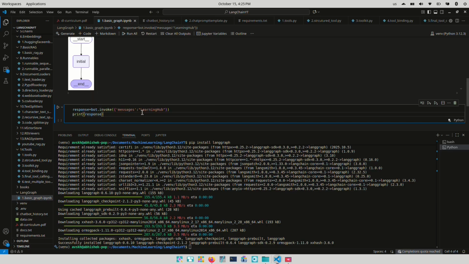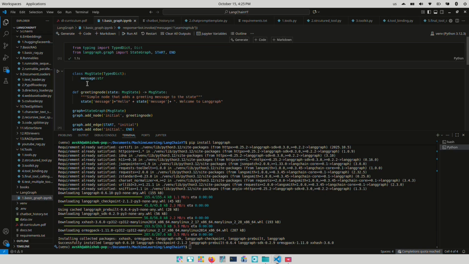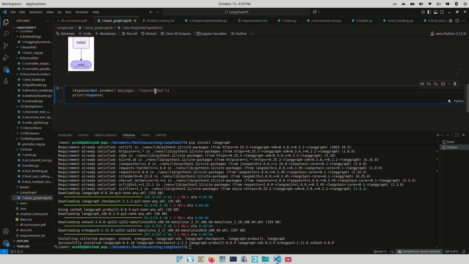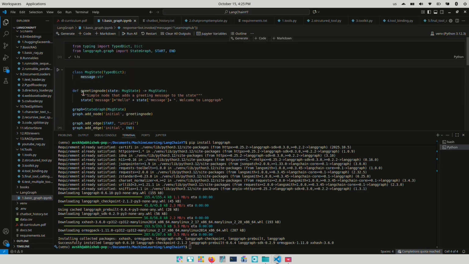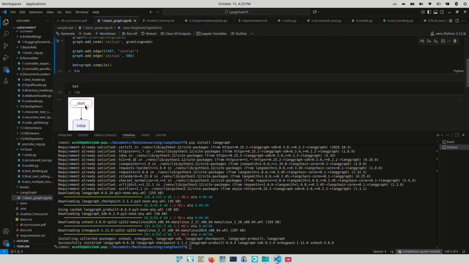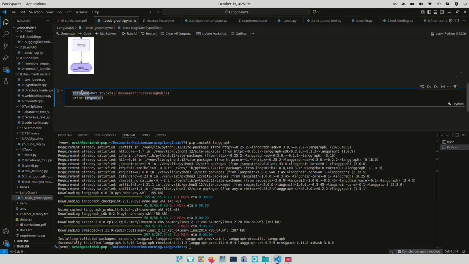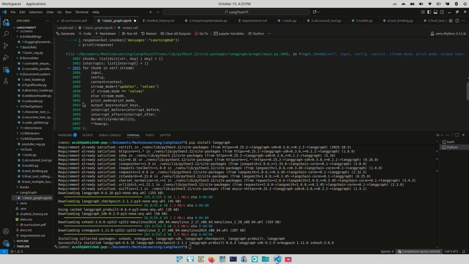So what happens here is, at first, the initial state in this variable contains the string Learning Hub. Then it moves to greeting node, and along with that Learning Hub, the state is now updated to this complete message here, and basically what we get in the end is that complete content that we have processed. So if we run this,